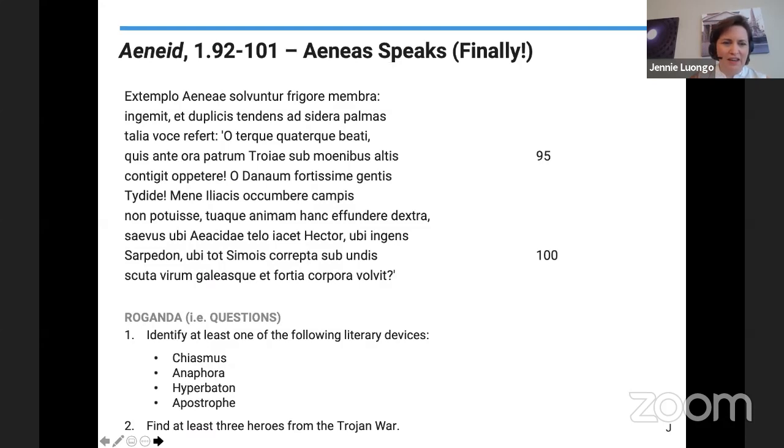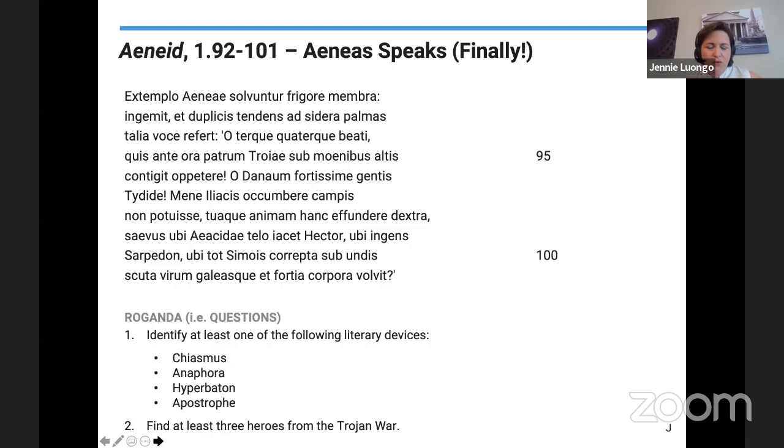And finally, as Ben mentioned, in line 2 we learn about the membra Aeneae, the limbs of Aeneas. I like that that's the first thing we meet about him. It's a dative, by the way. Aeneae is dative there. I know that we translate it as possessive, but it's dative. It's like a dative of possession or reference. Possession probably because it's body parts, and we know that because this line is used in other places where it's obviously a dative.